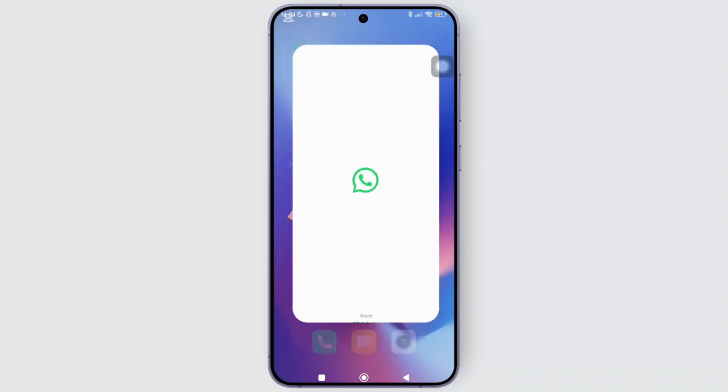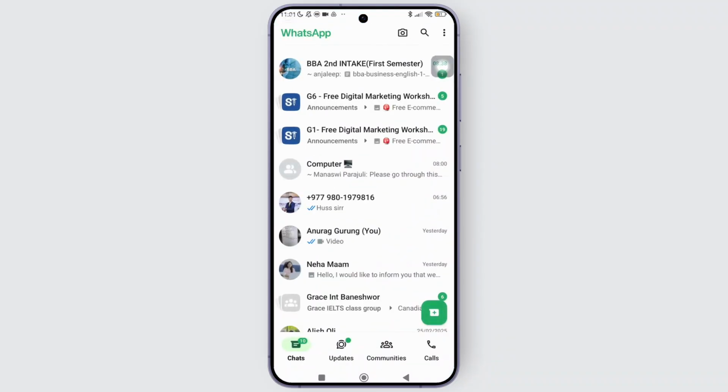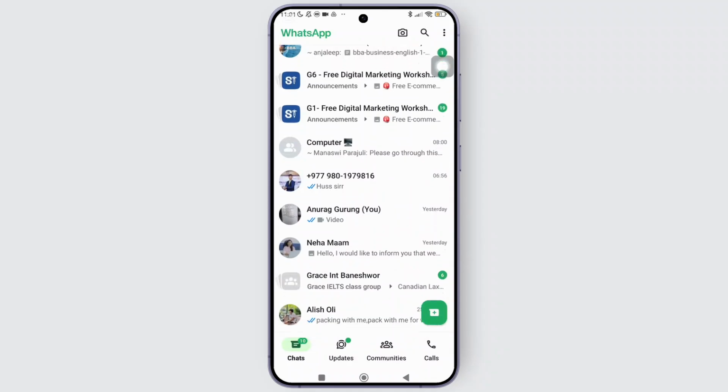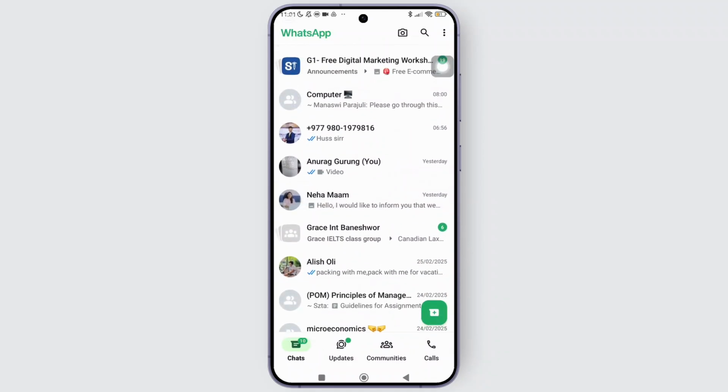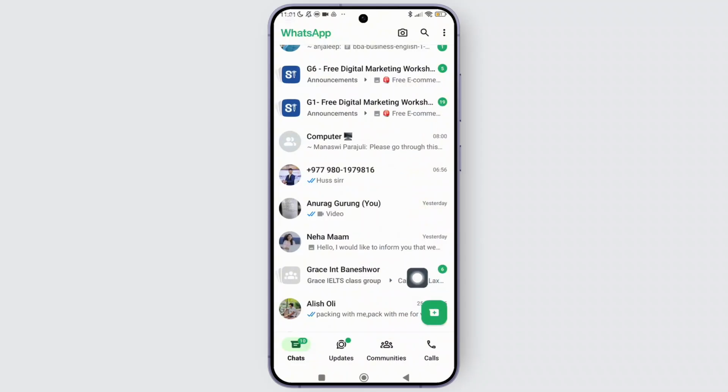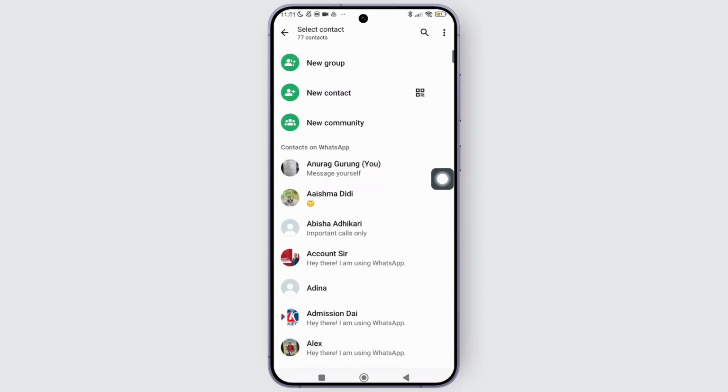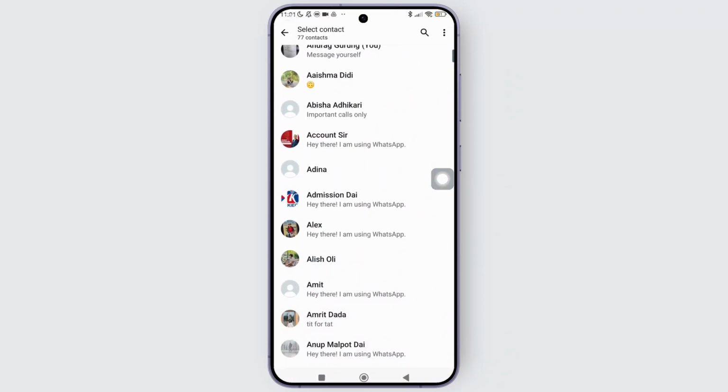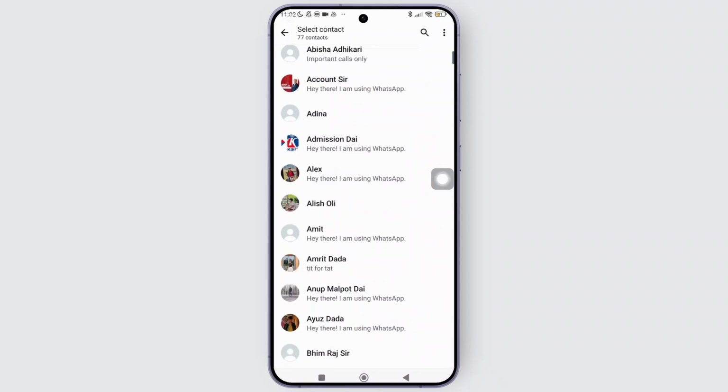So first things first, open the WhatsApp app on your phone and make sure that you're logged into your account. Once you have opened the app, simply tap on the plus icon shown in the bottom right corner of the screen. And once you tap on it, you can scroll through the contacts and simply select the contact that you